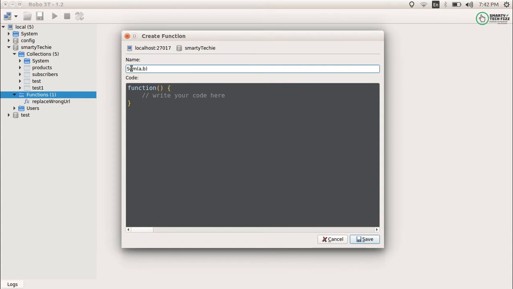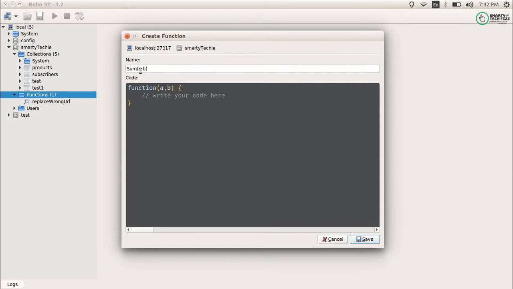Let's say I have a function named sum, and I will provide it two input parameters, a and b. The same way for the function, we need to provide a and b here. The functions we write in MongoDB are actually the same as JavaScript. You may have written it when creating your applications for the UI parts. So this is the same. If you know how to write a JavaScript function, you can easily write it here as well. You just need some JavaScript code, JavaScript functions, and some Mongo functions which may help you to get, find or update, this type of queries. It will be helpful for you.